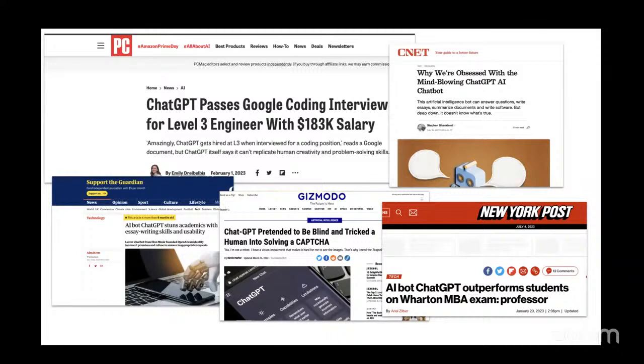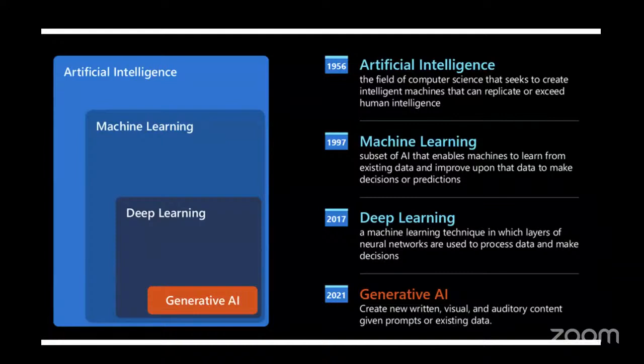So these are some things which started coming out when ChatGPT actually got introduced, like how ChatGPT can write code, and how it can go and write exams for you, and how it does better than many of the average human performance. So before that, just a very small snapshot on how it all started.